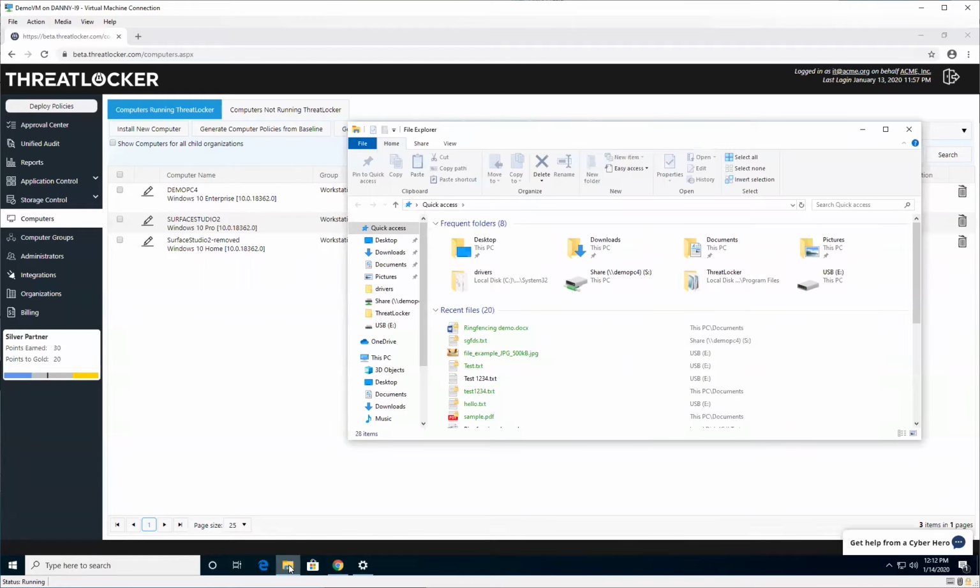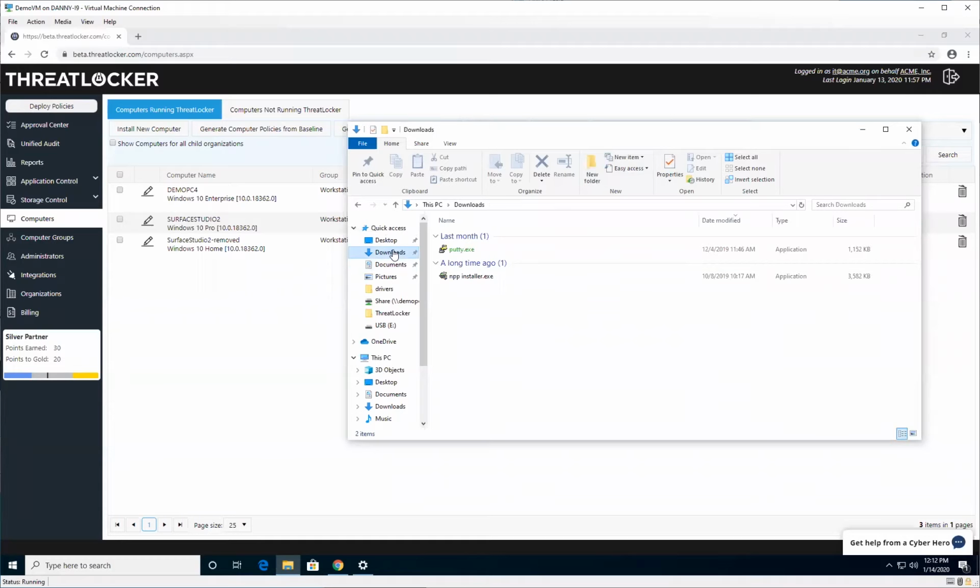That leads to the next point of what happens from a workflow point of view. What is the user experience when they're trying to run new software? So if something does try to run, whether it be at the kernel level or the user level, it's going to be blocked. The user, if logged in as a user, is going to receive a notification saying, oh, apparently I didn't wait long enough, or